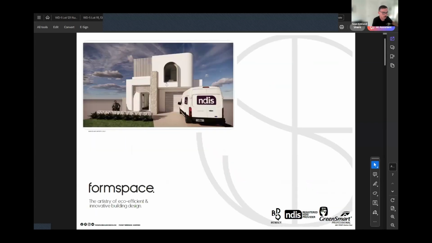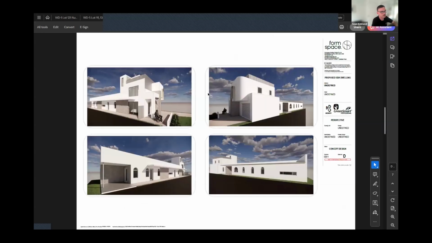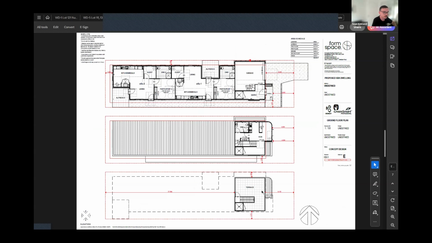I've also fused this on another design where this fits on, I guess, infill sites in inner areas. So on CBD fringes, for instance, on knockdown rear build sites. So you could achieve this on a 10 by 33 meter deep lot. So it looks very in keeping with a lot of design trends at the moment, so curves, arches, etc. But what it has is, I guess, a rooftop terrace and then 2 villas for participants that's accessible by a